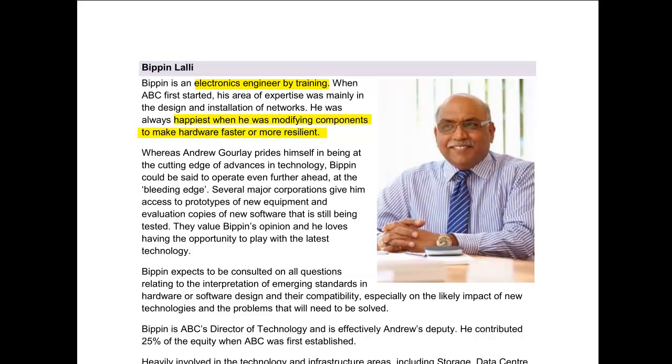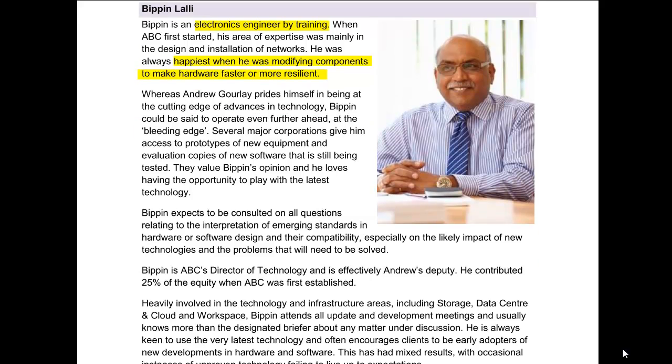Now, as a simple example, you could liken this to a football manager who is happier playing football. They don't act as a manager to the extent that they should do. They're not as effective as a manager as they should be, simply because they're more interested in playing football with the people during training sessions than actually coaching, than actually managing. One of the key things about Bipin, though, is that he is well trusted and well respected within the industry,